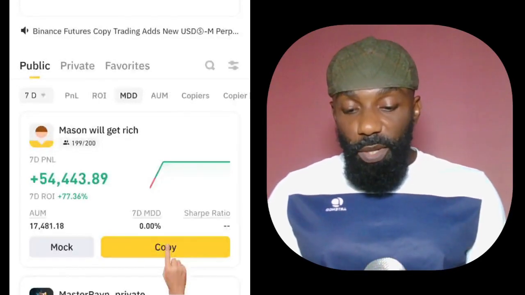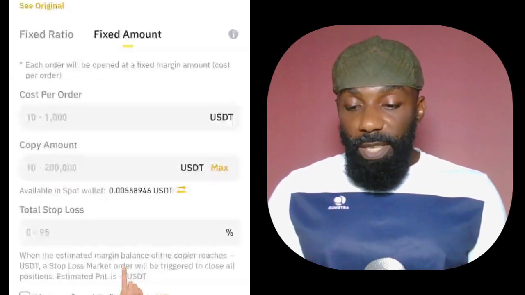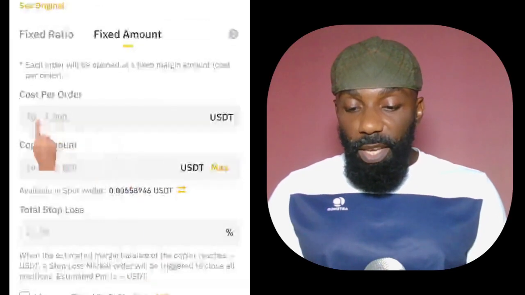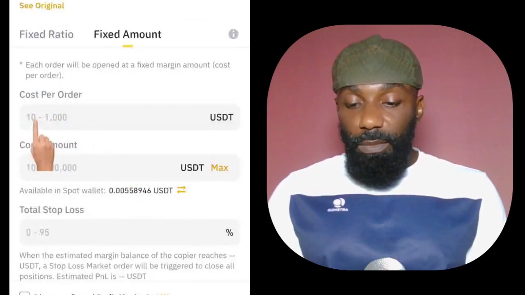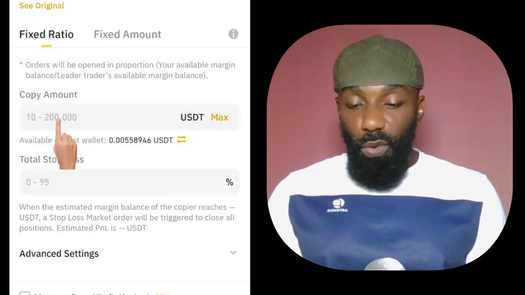So the next thing you're going to do is this. You're going to click on copy here. Now, when you click on copy, it's going to bring you to this interface. So when it brings you to this interface, the next thing you're going to see here is cost per order. Before I even show you how much you can put here and how you're going to go about that, let me